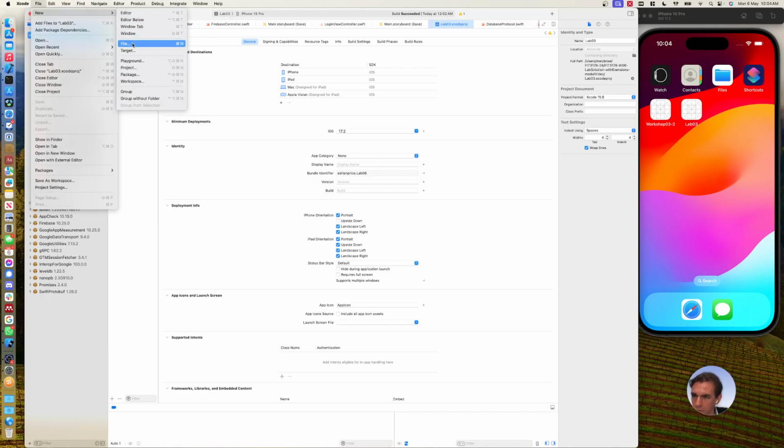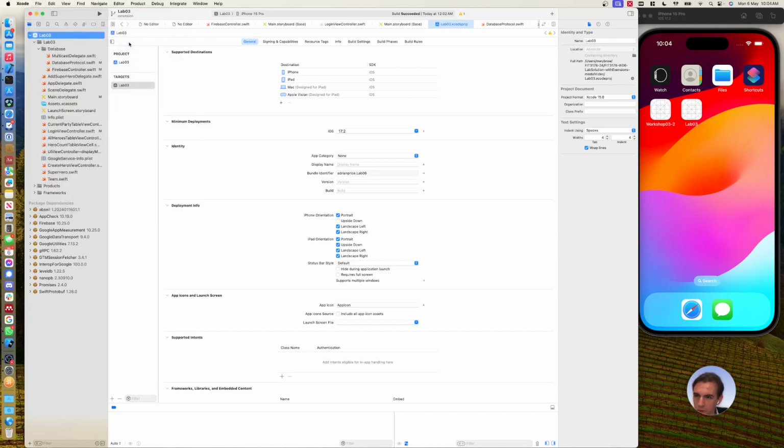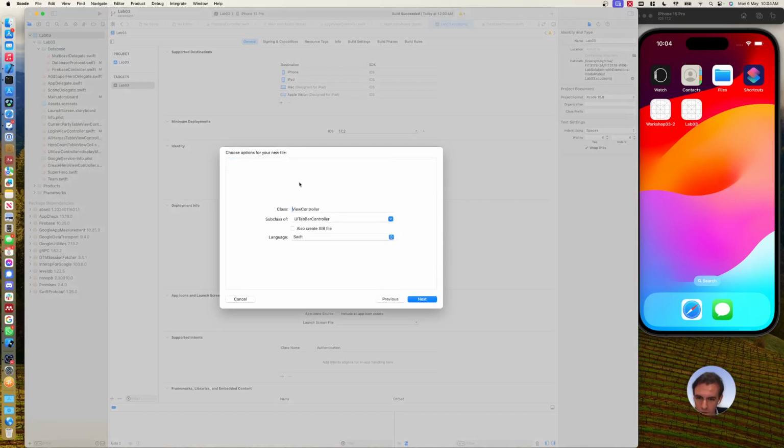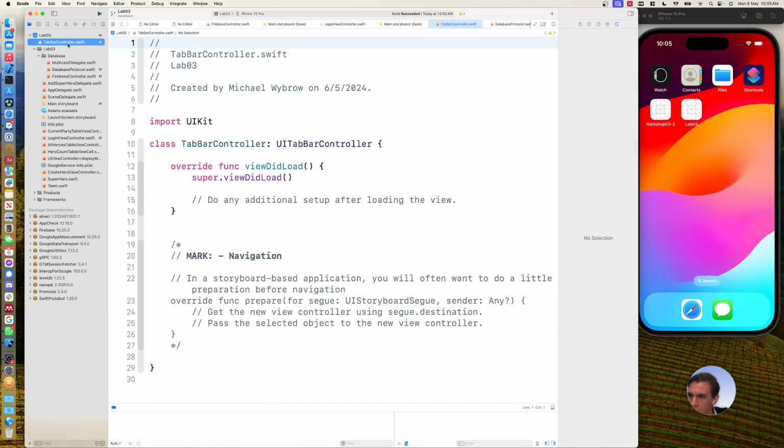So I'm going to go in here and I'm going to say file, new file, Cocoa Touch class, and I'm going to put subclass of UITabBarController and just call this TabBarController. And if you have a look, a tab bar controller will, and here it is, just have a viewDidLoad, and that's pretty much it. If I run the app now, hopefully, if nothing breaks,